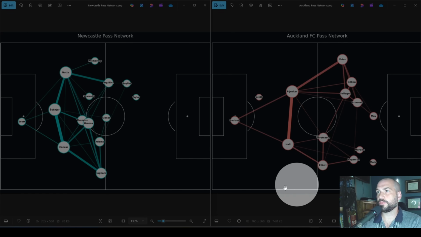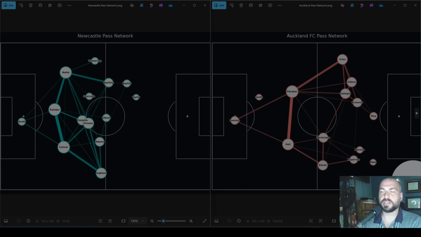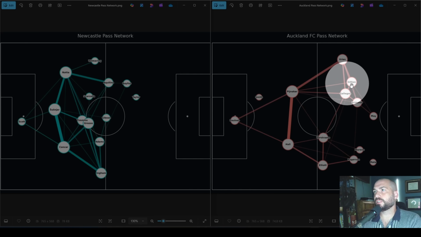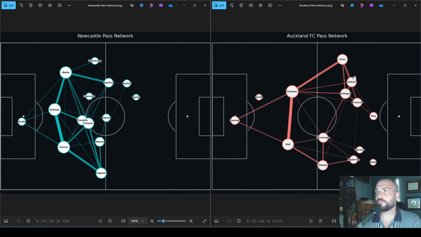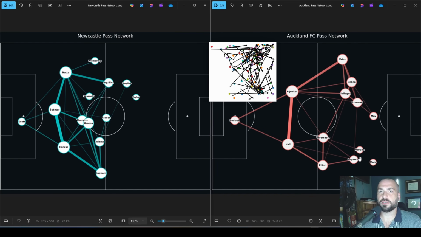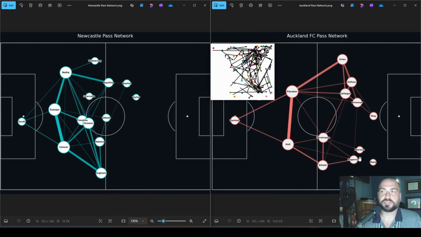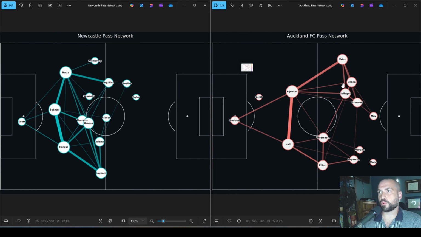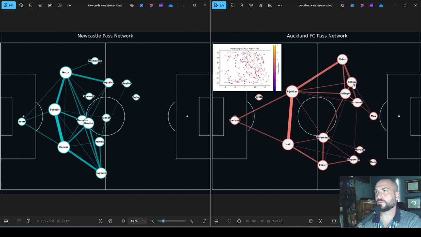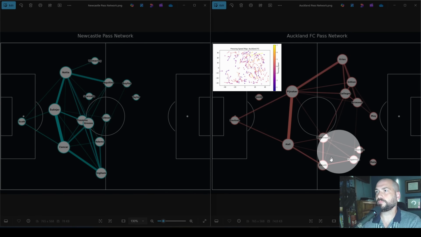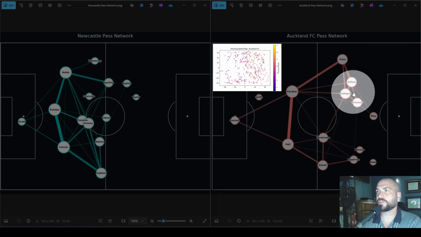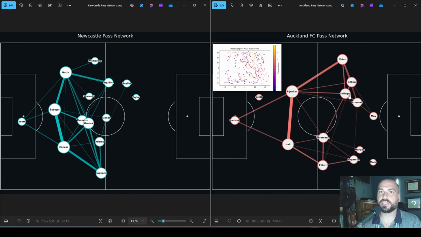And then on the outside, we have the outside space that's called a lot of different things, and then the center space. But Auckland FC, from my previous videos, they were making a lot of their passes right in here, which makes sense when we actually see the pass network. We can see who was actually involved in it. And as well as the passes, they were also making the pressures in these areas as well. So there's probably a whole lot of high turnover and then immediate passing and directly working